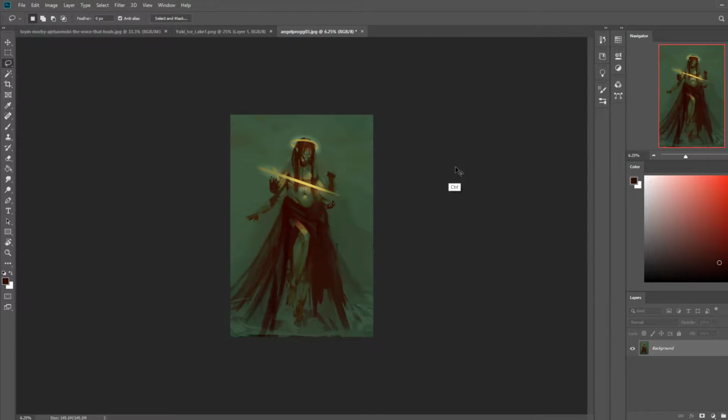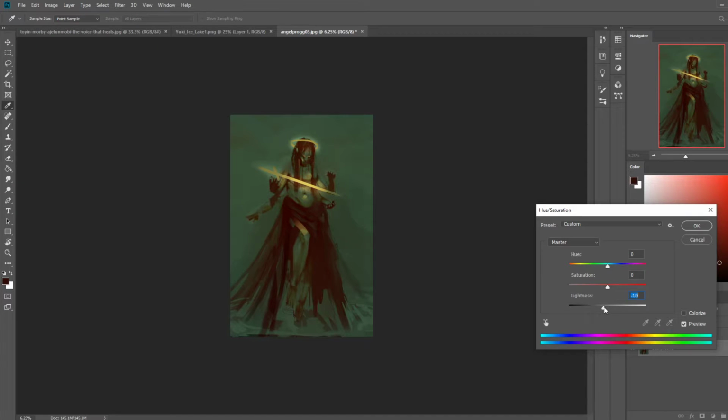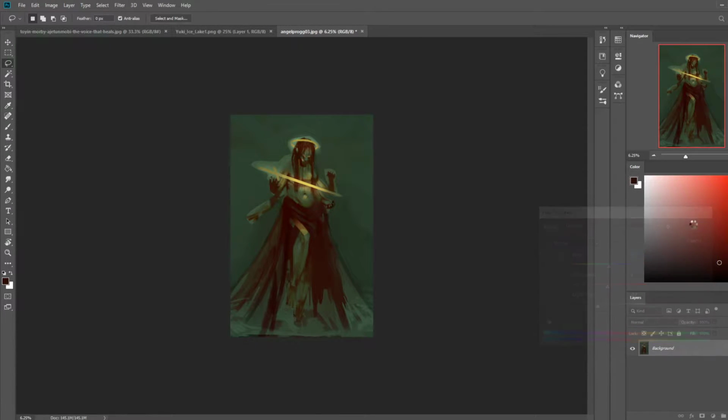Okay, so I'm going to darken the background ever so slightly, and as you can see, it really helps the scene feel a lot more dramatic. And I'm going to just push that to blue ever so slightly. It's just enough of a push to blue that we have more of a cool representation of the environment. And I'm just going to smudge.